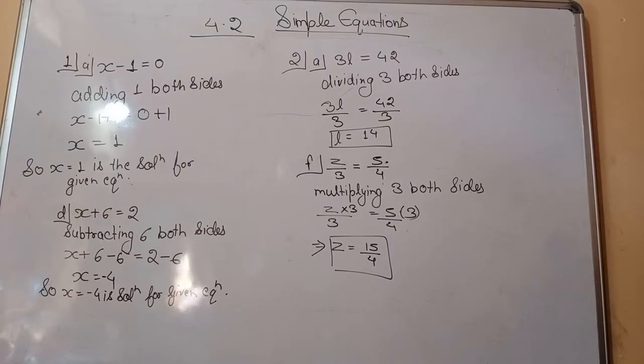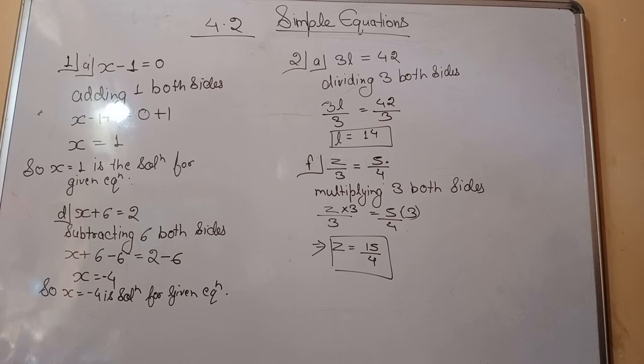Students, today we are going to start exercise 4.2 of class 7 simple equations. Here in this exercise, again we have to solve some equations. See what is given in question number 1: give first the step you will use to separate the variable, then solve the equation. Means here we have to write the step also by which we are separating the variable.